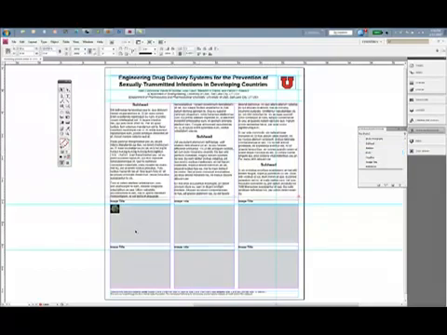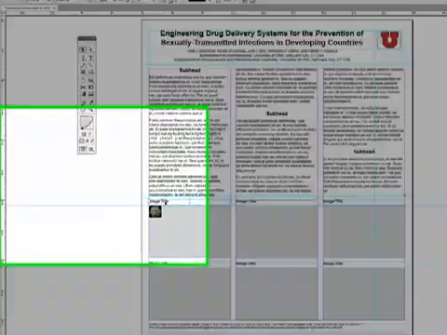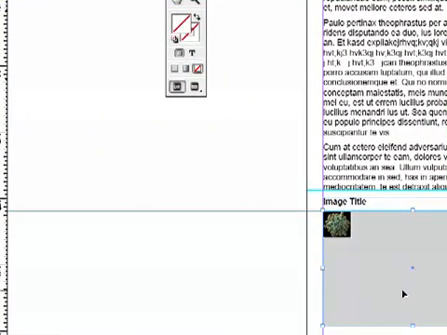Down here we've got these image placeholders, and you don't necessarily need to have this many. You can delete them if you want to. You can also copy and paste them if you want to. In this case, the image title is not linked to the image itself or the placeholder of the image, although